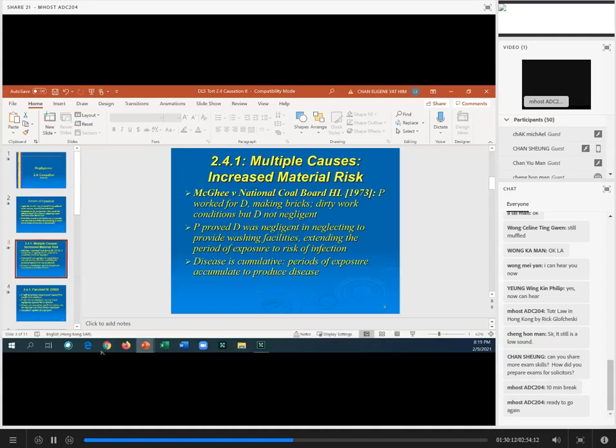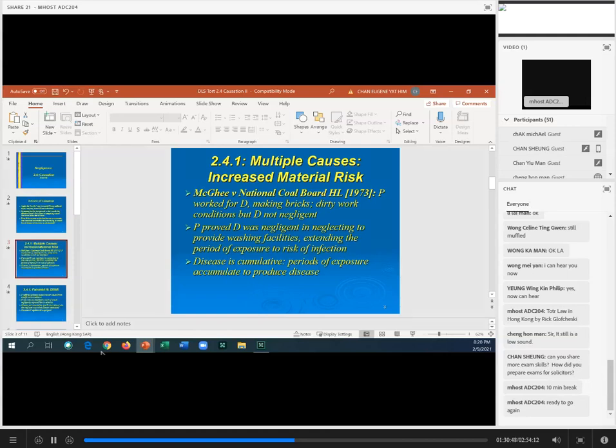So this is the material contribution case. Now, what do you mean by material? Good question. It's a fairly vague word as well. The ruling in McGee can be seen as an exception rather than a rule. It's where the courts say, we think there should be a remedy for the employee. He might not be able to satisfy the but-for test technically, but it's a material contribution, so that's good enough. The employer is liable, therefore the employee was able to claim compensation.